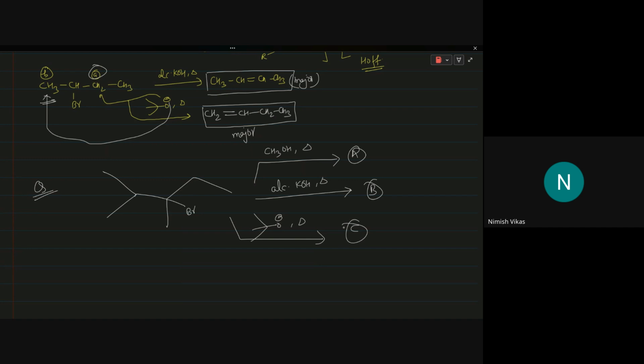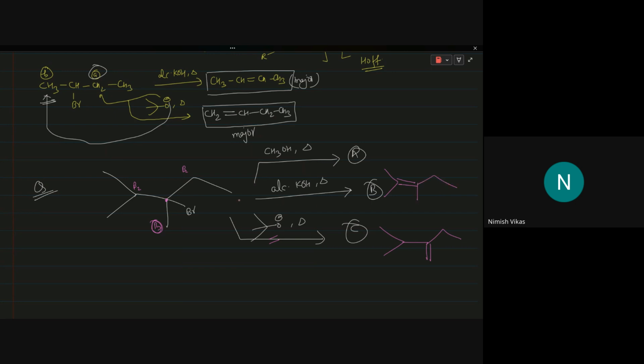Done, guys? Yes, sir. Okay, so let us first do with the tertiary butoxide first. So this is the hydrogen. So all these beta 1 position, beta 2 position, and beta 3 position, all are beta hydrogens. The least crowded is this beta 3. So with the tertiary butoxide, here a double bond will form. So the product C should be this, right? With alcoholic KOH, this should be your major product,